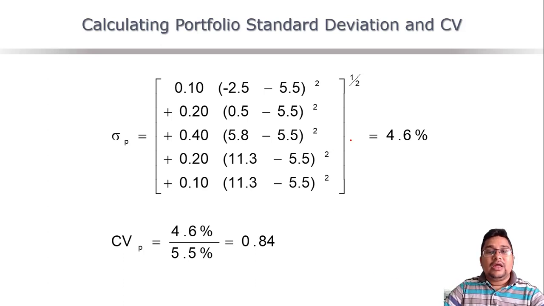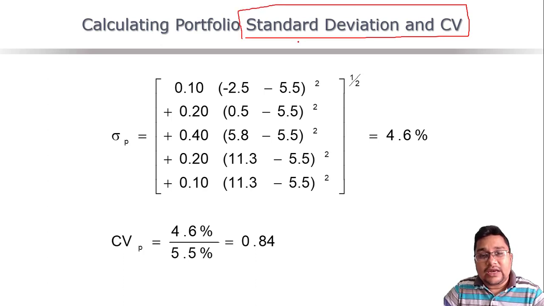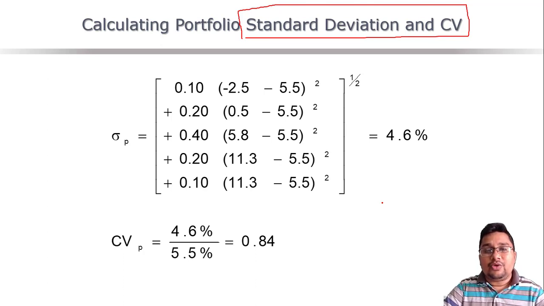Now let us talk about the estimation of risk of the portfolio. How can we estimate the risk of the portfolio? You know that the methods that we use are standard deviation and coefficient of variation. So if you want to estimate the coefficient of variation, you need to calculate the standard deviation. How can we calculate the standard deviation? This is the same process that we use for an individual security. Whenever we have the probability distribution of returns, we can easily calculate the standard deviation.